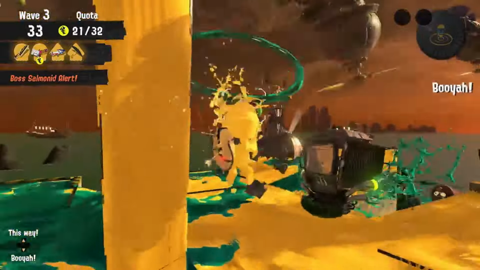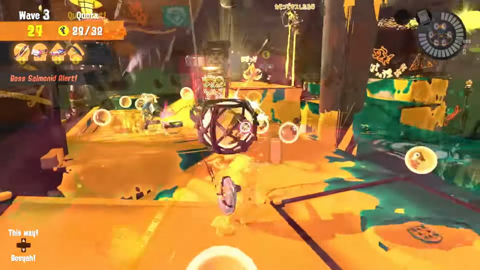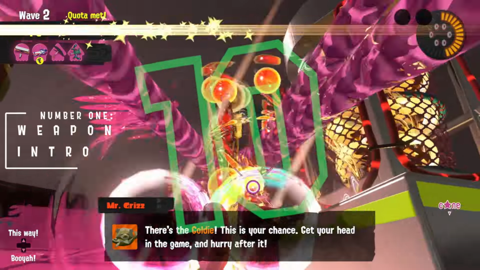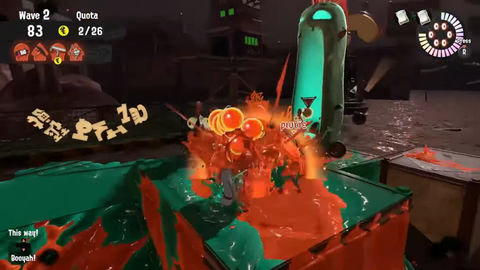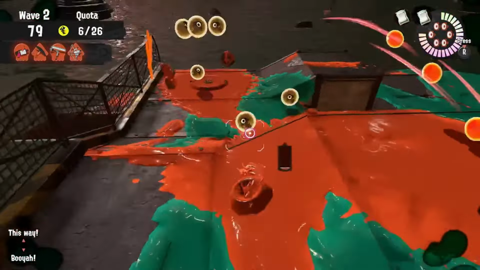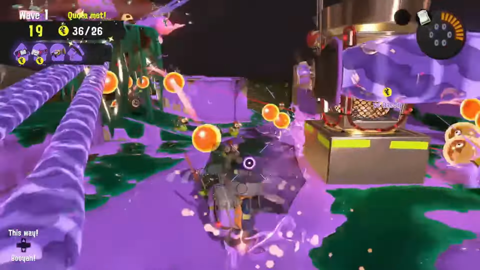Hello, hi, hey. We're going to discuss the Undercover Brella in Salmon Run today so I can teach you how to get the most out of the weapon and improve at the game. Number 1, the Undercover Brella is a lightweight Brella that on the surface is considered to be the weakest in its class. Its damage is nothing special and it doesn't have a canopy that fires off, but today we're going to discuss why all of what I've mentioned is actually why Undercover has slowly become a very good supportive weapon